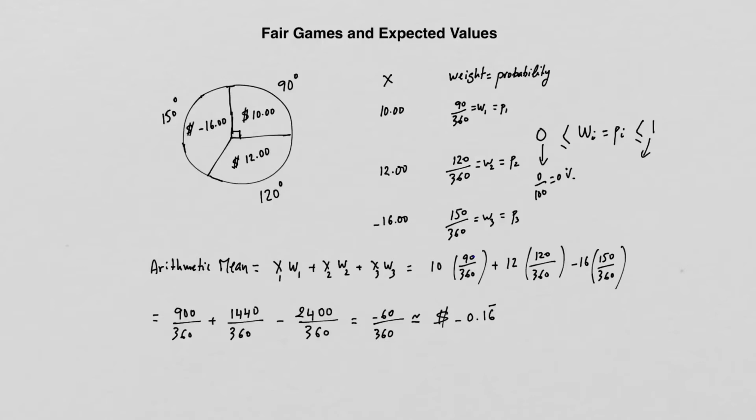And 1 is 100%. Right? So the probability is always between 0 and 1. So this number is between 0 and 1. This number is between 0 and 1. This number is between 0 and 1. Inclusive, which means it is possible to have 0. It is possible to have 1. Right? The probability that